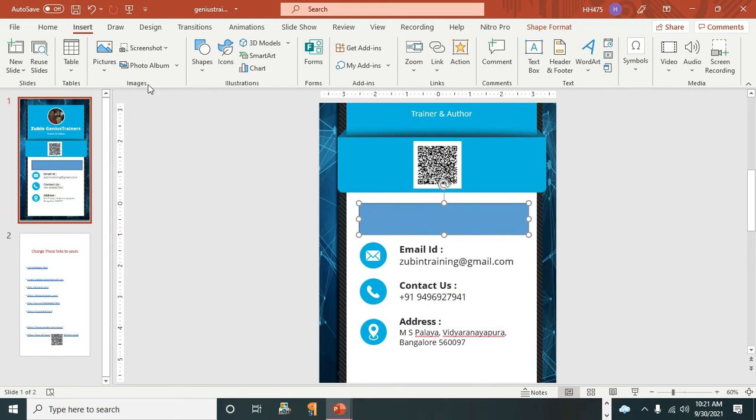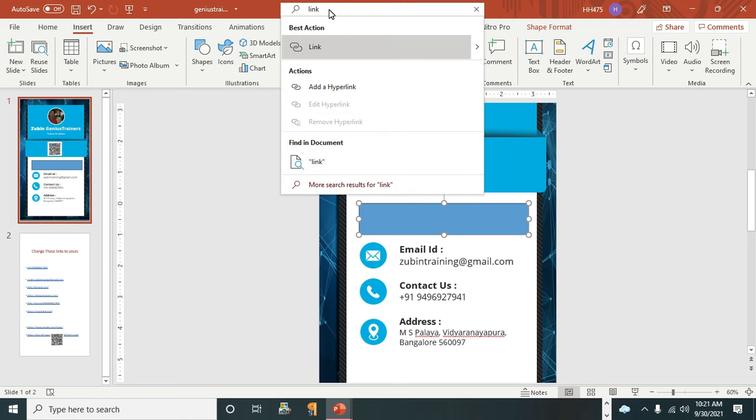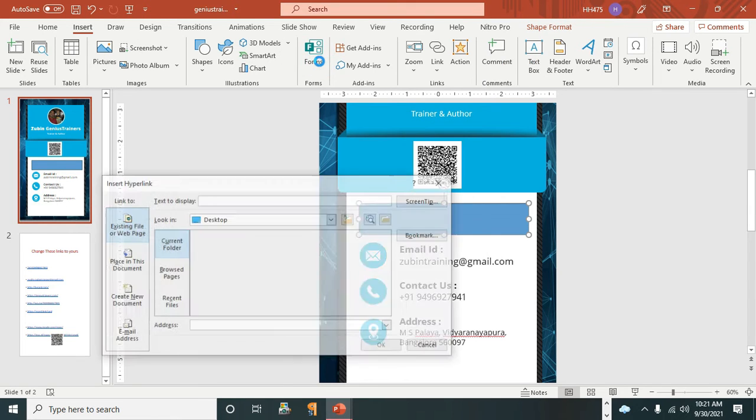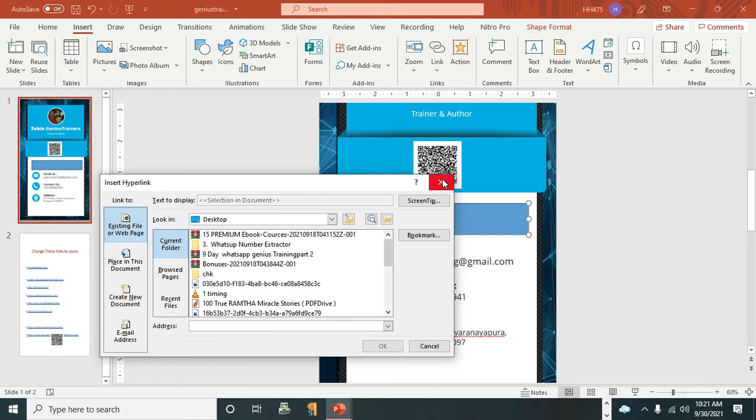If you find these two difficult, the next step you can do is go to the search and type link. Then you can see add a hyperlink. Click on that. These are the three methods you can add a link.